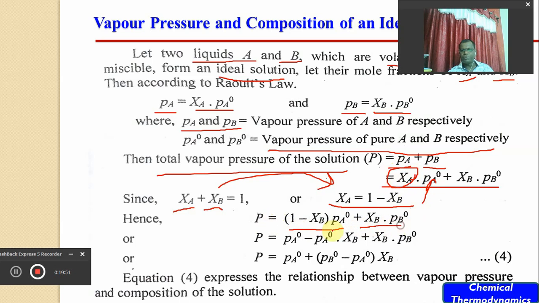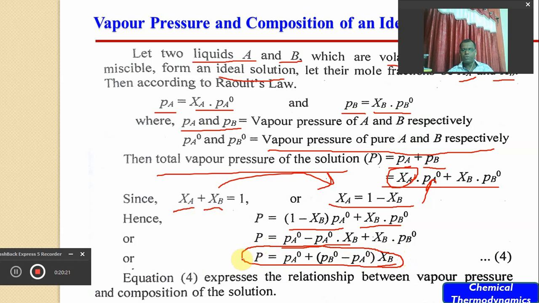XB into PB0. Here we will multiply PA0 into the bracket, and it will be simplified as PA0 minus PA0 into XB plus XB into PB0. Therefore here we can take XB as a common factor outside the bracket. Therefore we will get the equation for total vapor pressure: P is equal to PA0 plus (PB0 minus PA0) into XB. And this equation indicates that the